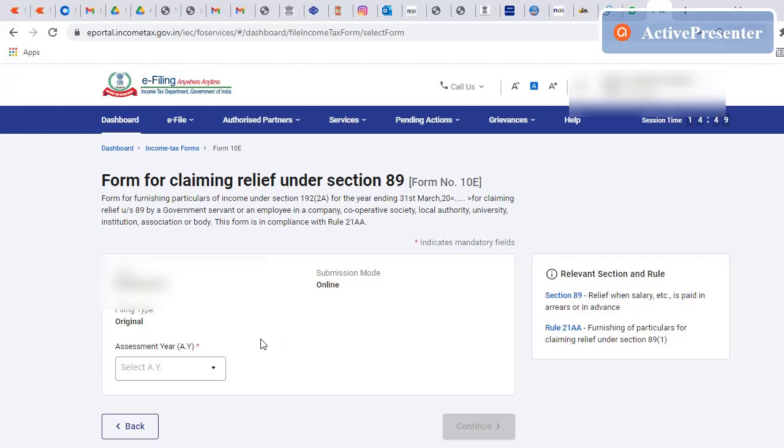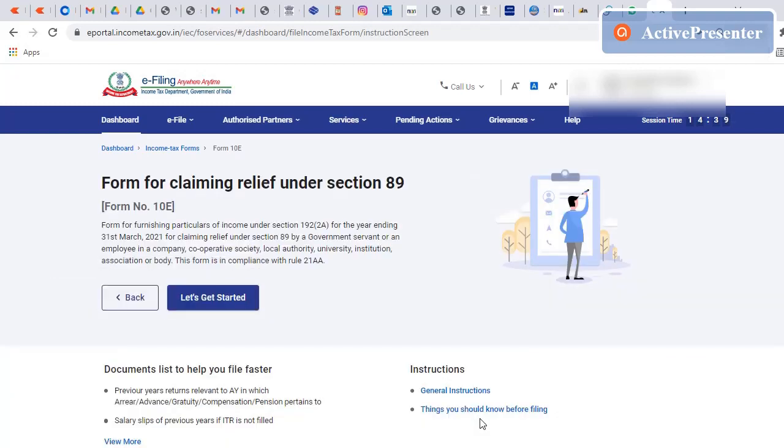Once you have clicked on file now, it will show you your PAN number and the type of filing, and it will ask you to select the assessment year. Select the current assessment year, which is 21 to 22 in this case, and click on continue. Here they are showing what this section is for. After reading it, click on